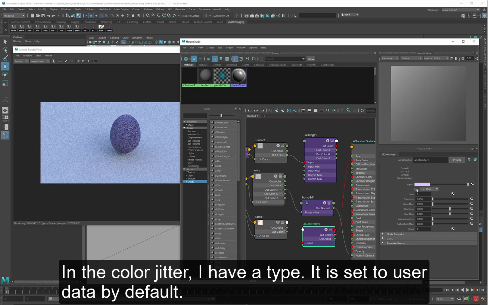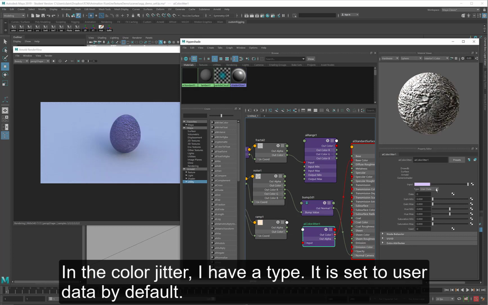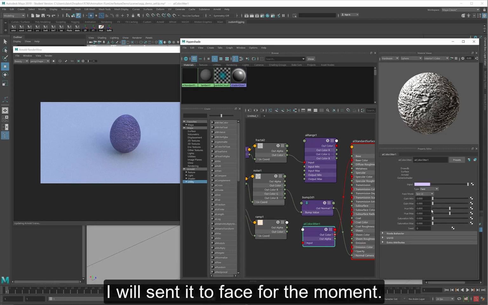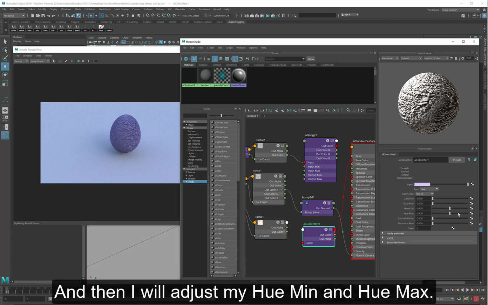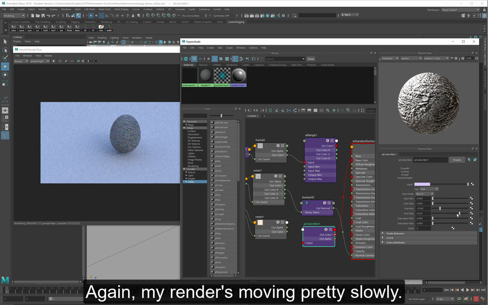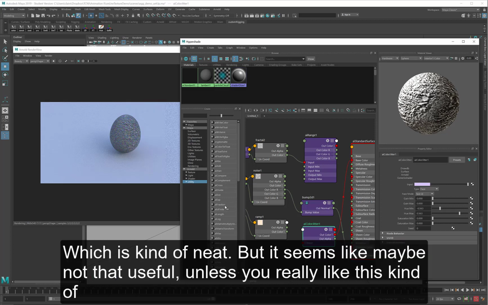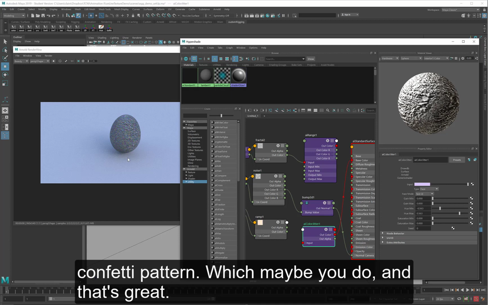In the color jitter, I have a type. It is set to user data by default, but I can set it to procedural, object, or face. I'll set it to face for the moment, and then I will adjust my hue min and hue max. Again, my render is moving pretty slowly. But now you can see that every single face gets a different color, which is kind of neat. It seems like maybe not that useful unless you really like this kind of confetti pattern, which maybe you do,